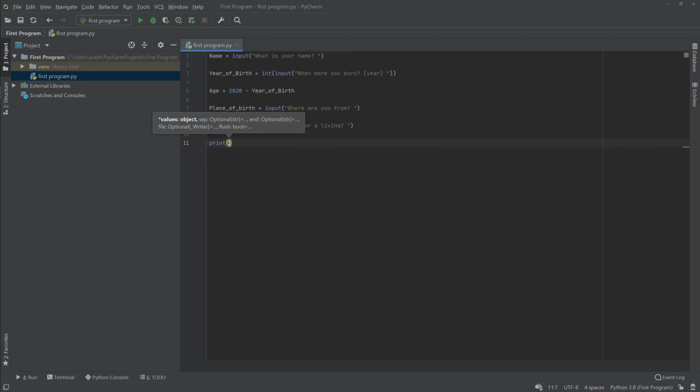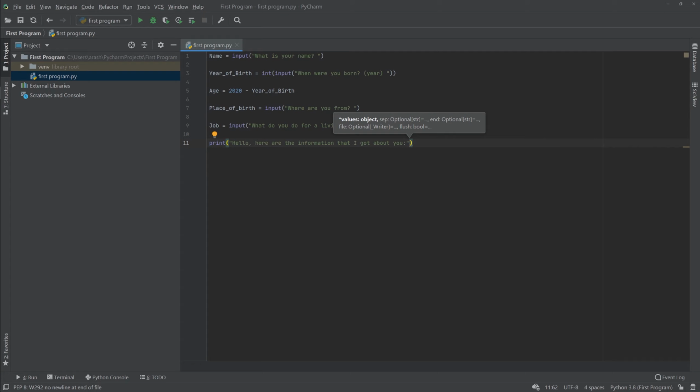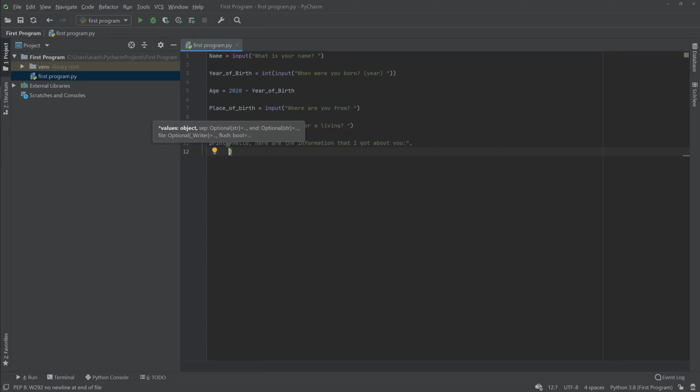Print, and the first thing I'm going to say is, hello. Here are the information that I got about you. And since that's not all that I want to print, I'm going to give more to my print function. I do that by using the comma. I'm going to put a comma here, and then I can add more to it. And then I'm going to say